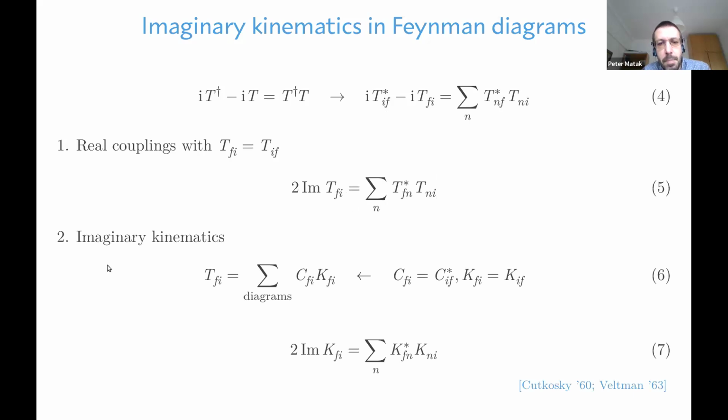some non-real couplings, but we only look at the kinematics of the diagram. So we will write an amplitude from I to F state as a sum of the couplings and kinematics. There will be diagrams of different orders. The C matrices representing the group of couplings in each diagram is Hermitian. The kinematics, pure kinematics, is again symmetric, and we can look at the coefficients in this identity here, at the